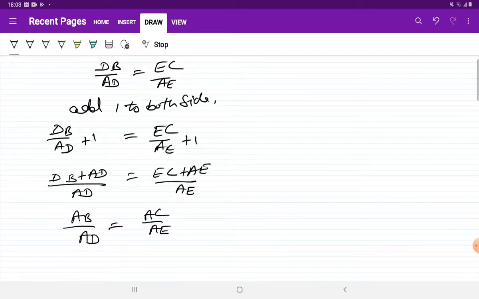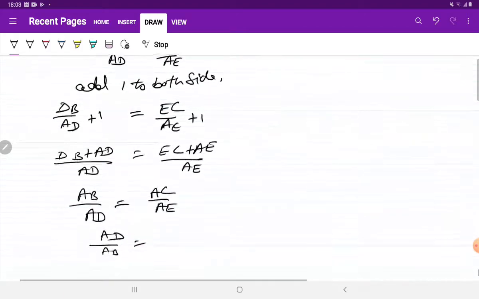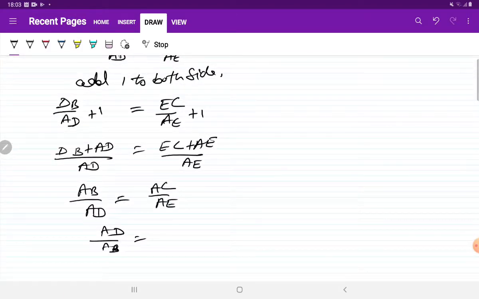Right? So again we can write it like that. AD upon AB is equals to, inverse कर दिया उसको, AD upon AB is equals to AE upon AC. So I have AB upon AD. मैंने इसको उल्टा करके लिख दिया AD upon AB. If on both sides I am taking the inverse, तो दूसरा side को भी हमको inverse लेना पड़े.